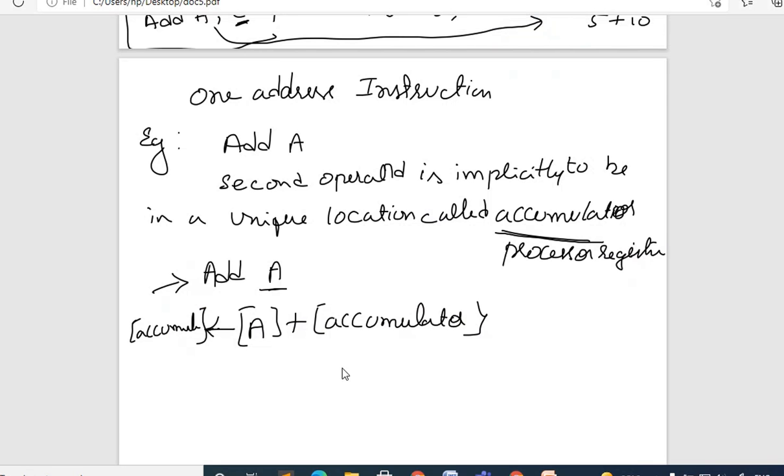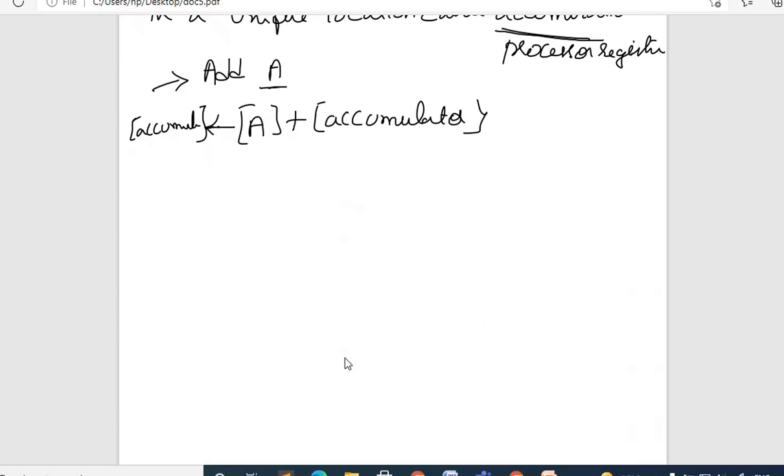So this is how you can write the one address instruction. Take a few instructions as examples. If you want to load a value into the accumulator, load A. What is the meaning of this? The content of A is loaded into the accumulator. That is implicit.